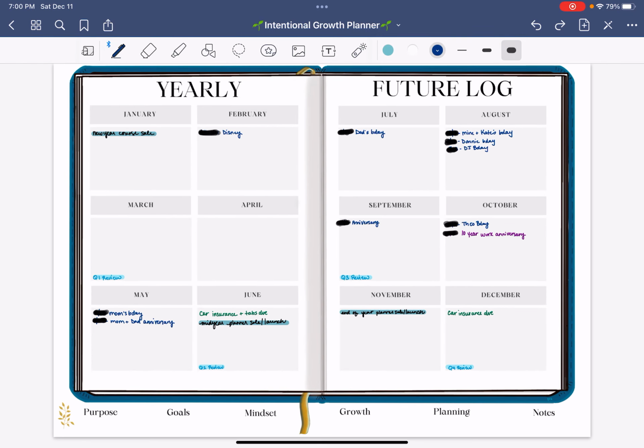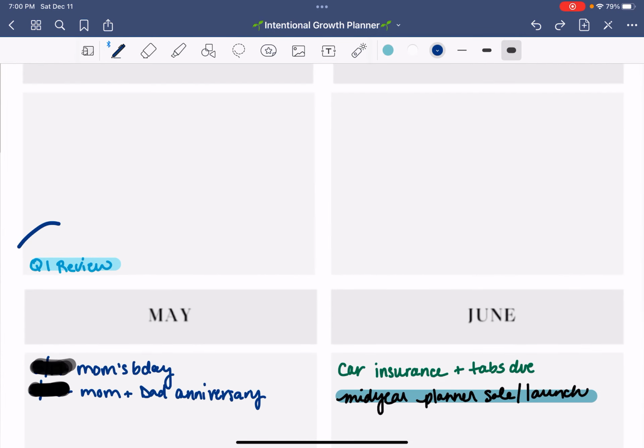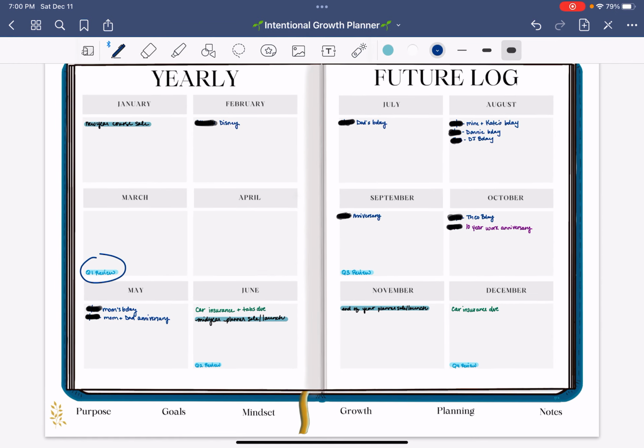The other thing is I've marked the quarters. So quarter 1 review, 2, 3, and 4. So one really cool thing you can do when you're thinking about your growth and development, personal or professional, is really reflecting on how am I doing? And you're going to be doing this on a weekly basis, maybe even a daily basis,